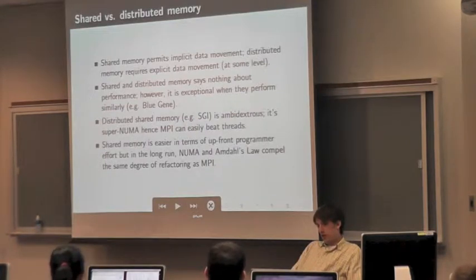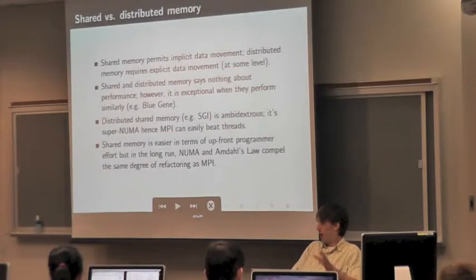In distributed memory, somewhere you have to do communication explicitly. You have to say move data from here to there. Now, you may not see that because you may use some model that can make that disappear for you, but